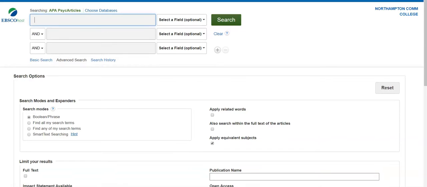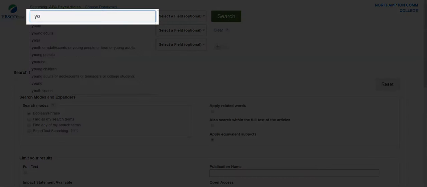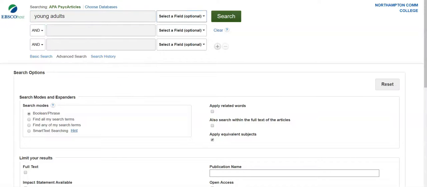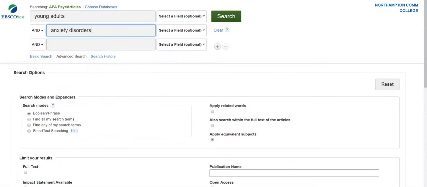So now let's try a keyword search. We'll put young adults in the first field here, and we'll put anxiety disorders in a second field right below it. Then let's scroll down and use the full text and scholarly peer-reviewed journals limiters.